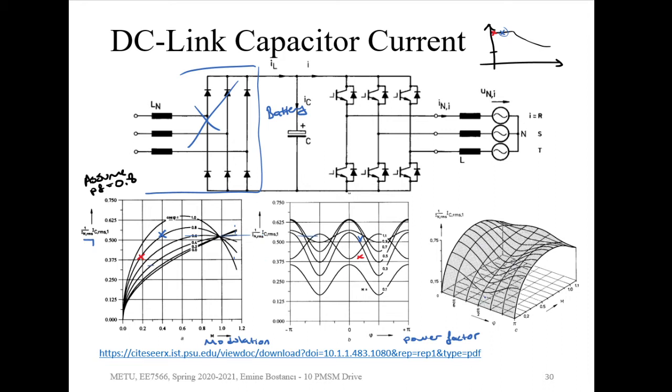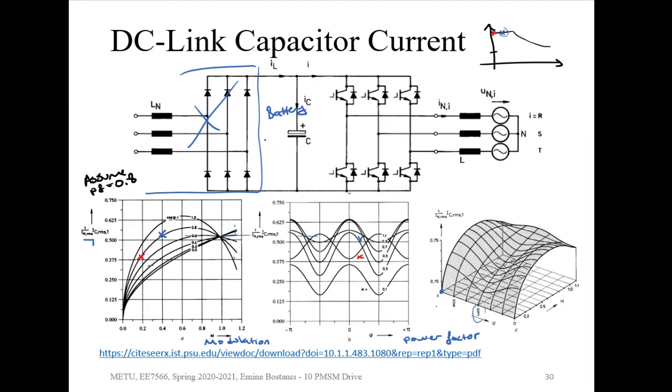And here is also a 3D graph of that, and it shows that as modulation index increases, usually the current ripple in the capacitor increases, and as the power factor is changing, this is 0 to pi, so this is 0, it means there's no power factor being 1, is going to also affect. So if you want to design the capacitor, as I said, you need to make sure